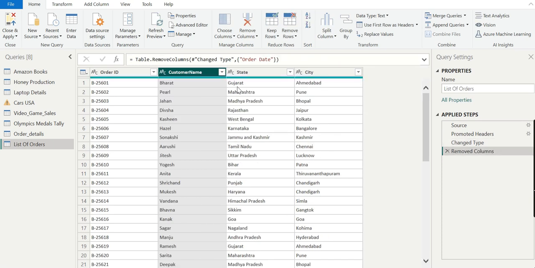Now we don't have order date in this list of orders, but you have that column in order details. In the next video, we will look at profiling the content of columns, and how they are distributed.